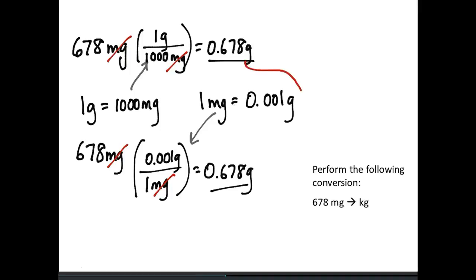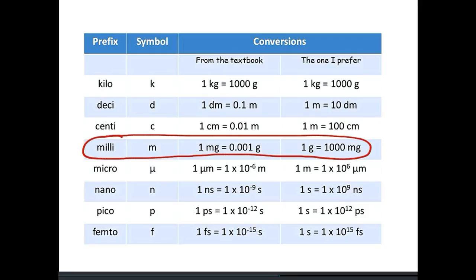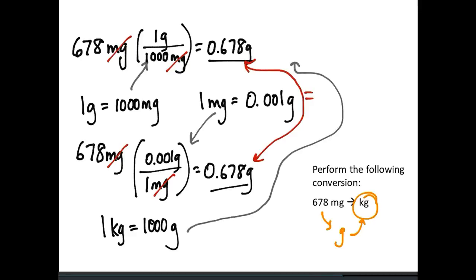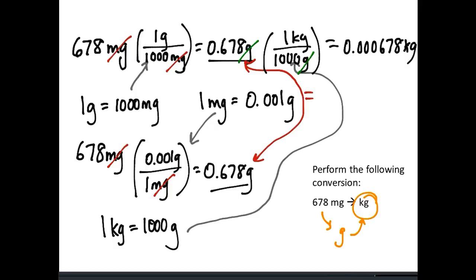Now we need to go all the way to kilograms. This is just to show you that these are the same. We're going all the way to kilograms, which means we need to know the conversion factor for kilograms as well. So if we go back to our table, 1 kilogram is the same as 1,000 grams. So we're going to take our 0.678 grams. We're going to divide that by 1,000. We're going to put the grams on the bottom so it cancels. And that's going to end up giving us